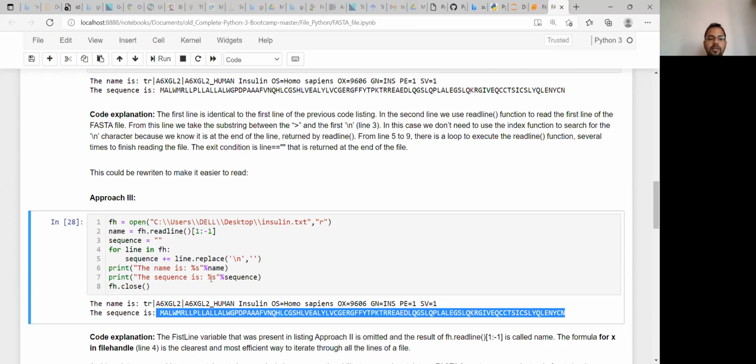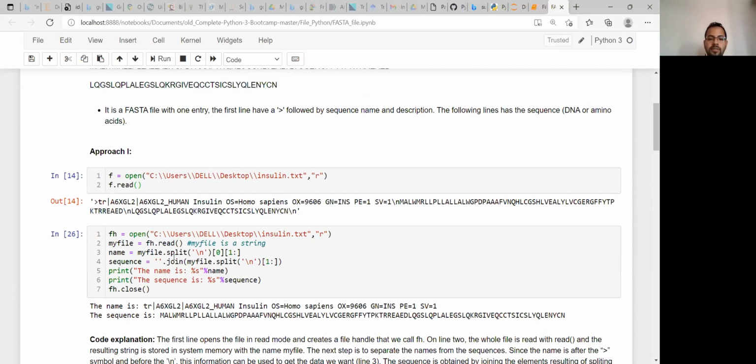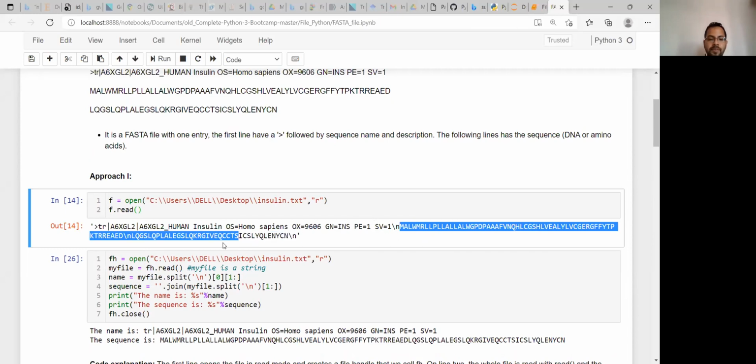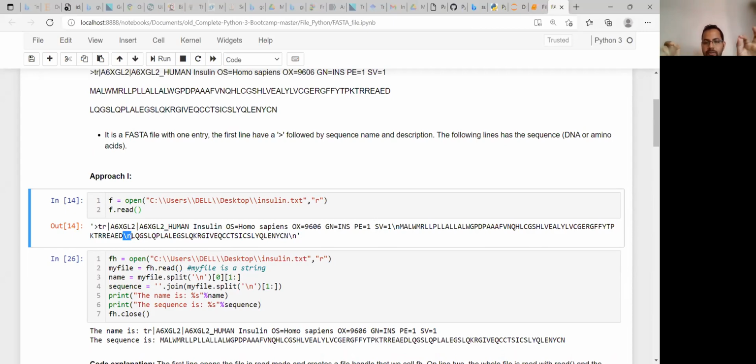Is it clear? Any doubt here? Because see here, if you see this line, after this \n there is another \n. So our job is to replace this \n with nothing, so then only it will be joining.